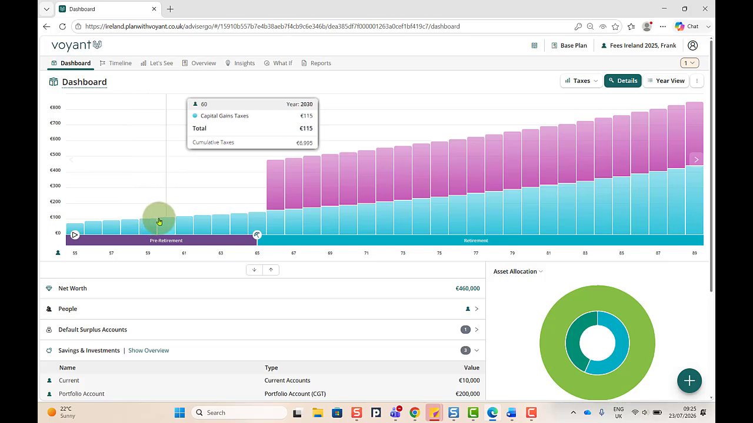So if I come out of year view and I scroll along here, you can see that it's not calculating income tax. We do have a more detailed article about fee modelling, and if you need any general help, please